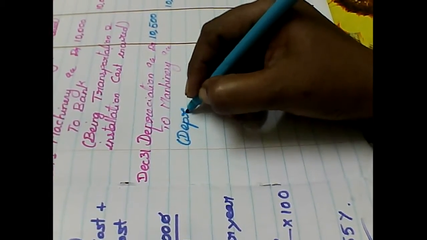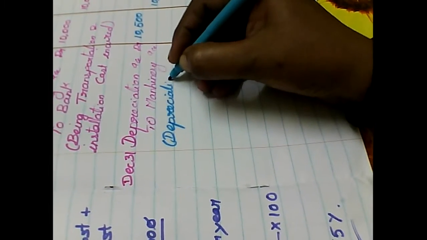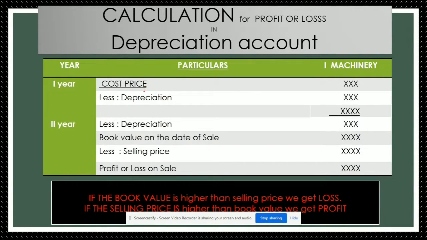Depreciation provided, paying depreciation. After the first year, for the machinery we purchased, we have to mention the exact amount and less depreciation. We have to make the depreciation every year. After that, in the first year, the remaining balance is the book value for the first year, and the next year again we have to charge the depreciation, and again in the second year we get a book value. So what is the present value in the second year? So after making the depreciation, this machinery has been sold after 2 years.